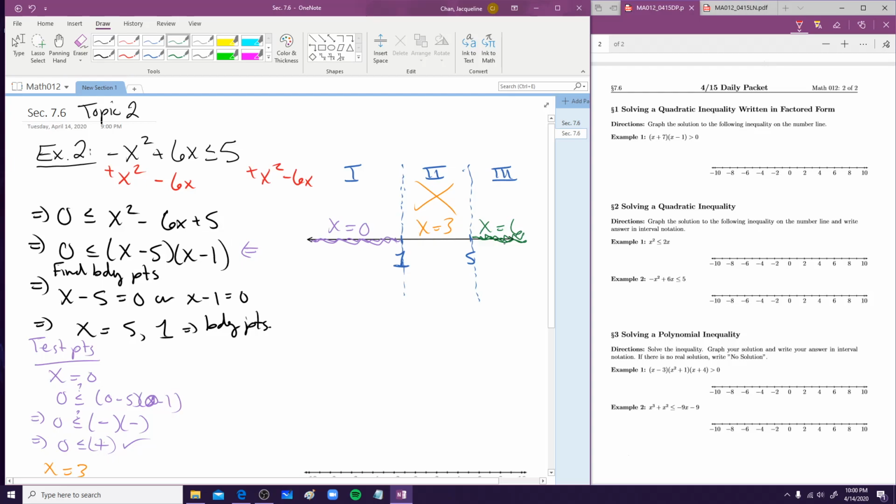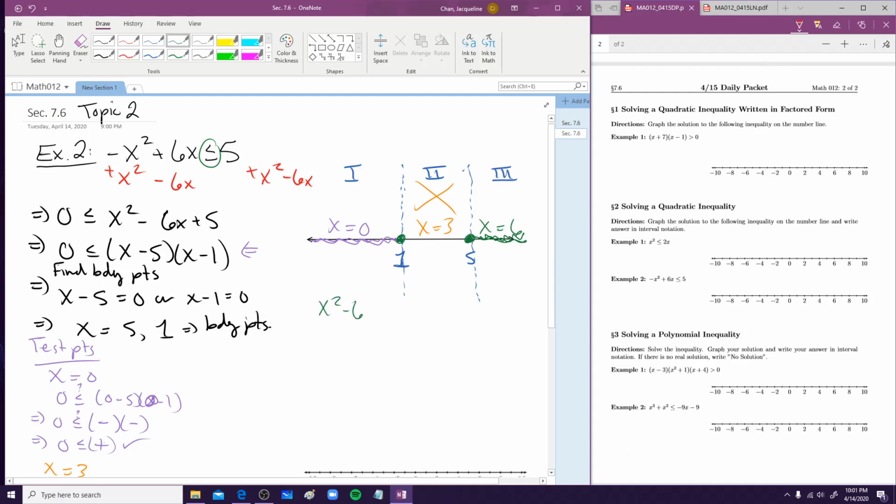Right? So lastly, we have to test our boundary points. Because our sign is less than or equal to, we should check them. I'll let you do that on your own, and I can safely tell you these are included. I understand testing can be a lot, but if you do get the or equal to part, and if you specifically tell me,